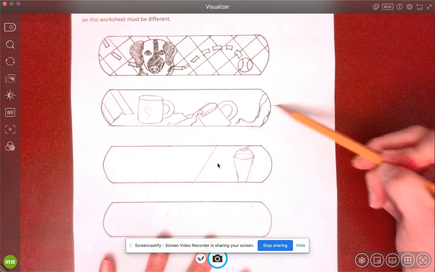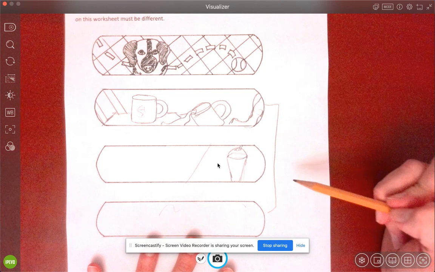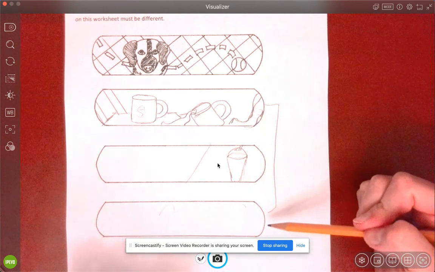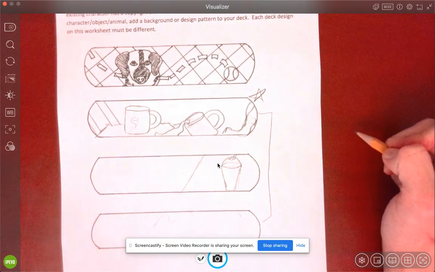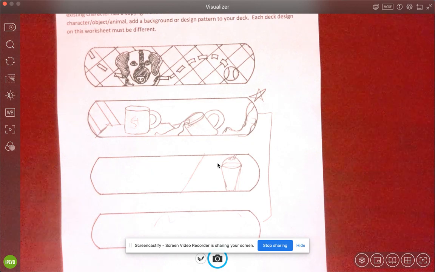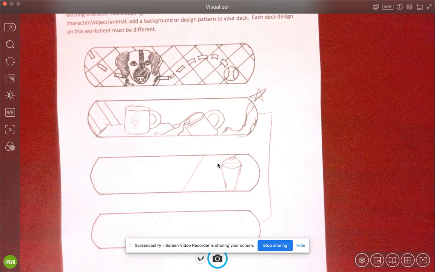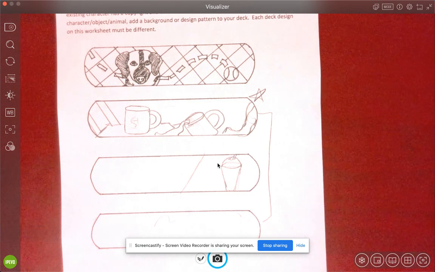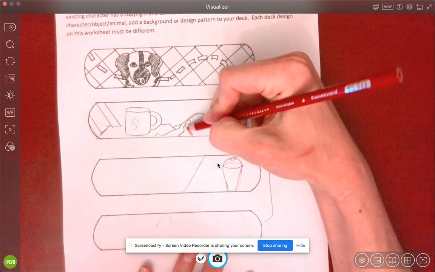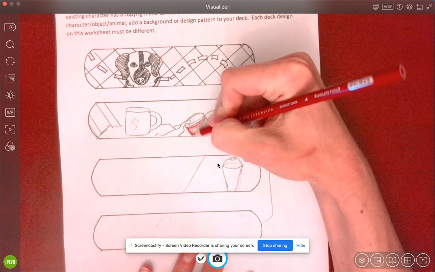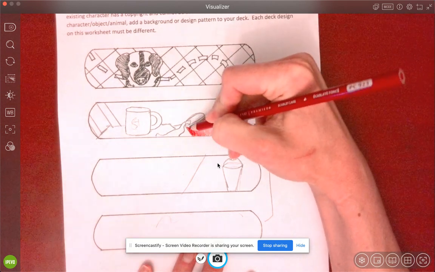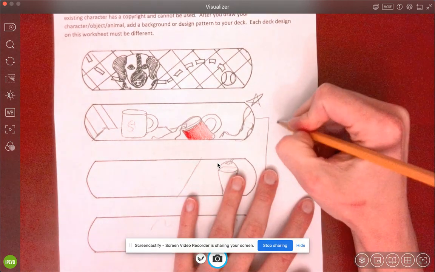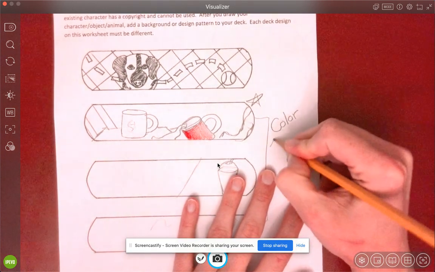Then, at the end, I look at all 3 of them, and I decide, okay, which one is the best? When I do that, I'm going to put a star by whichever one has the best design that I want to do, and I'm going to color with colored pencils just that one. There is no reason to color all of them because that's just wasting your time. But I do want you to color one so that you can get an idea of the color scheme that you're going to do on your project. Okay, so you're going to color one. And I'll even write on here, those people color one